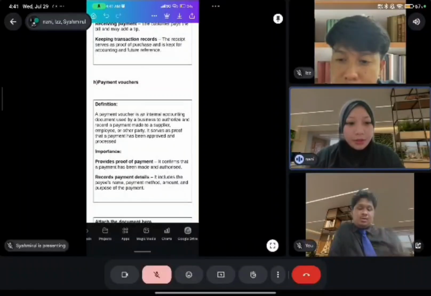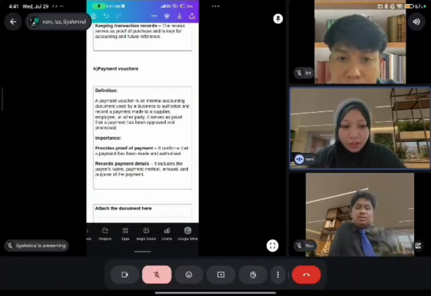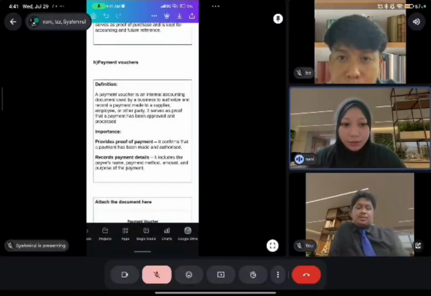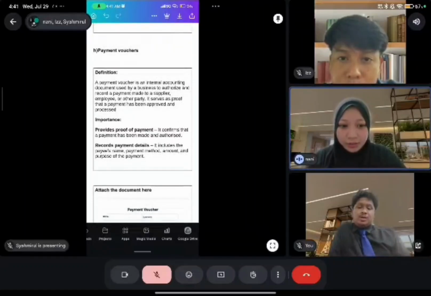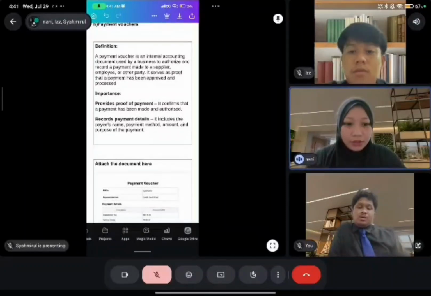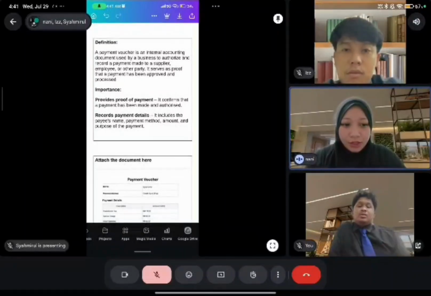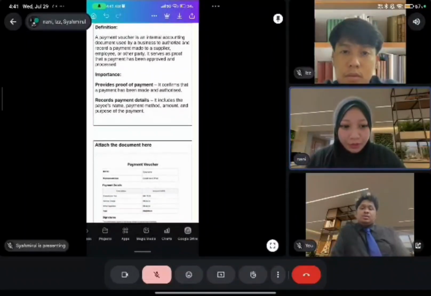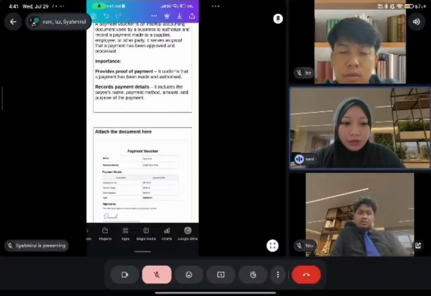Next, what is a payment voucher? A payment voucher is an official document used to record, approve, and authorize a payment to be made, to confirm the details, amount, and approval of the transaction. Based on the document, the activities involved are